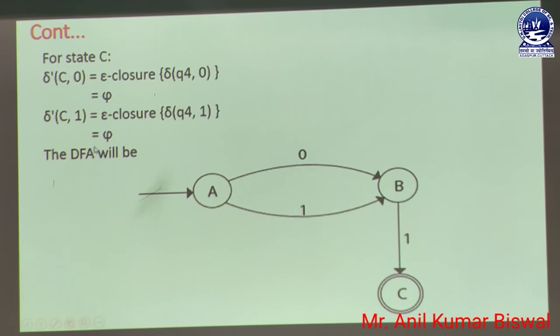If a user wants to create the complete DFA diagram, the DFA can be generated like this. The first part is state A, then we have state B, and the last state is C, which is Q4. Here the user can put 0 as the input symbol to A, which already creates B, as discussed in the previous slide. Whenever the user puts 1 as the input symbol to state A, it is directed to state B, which is also already discussed in the previous slide.